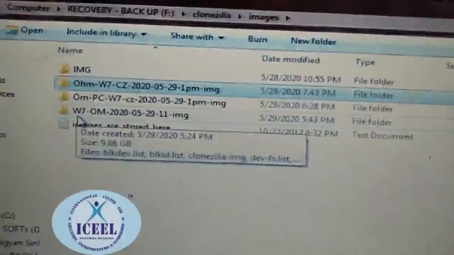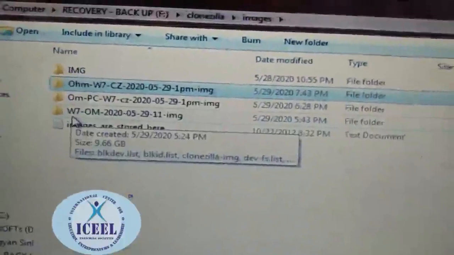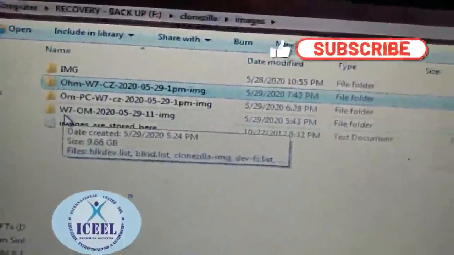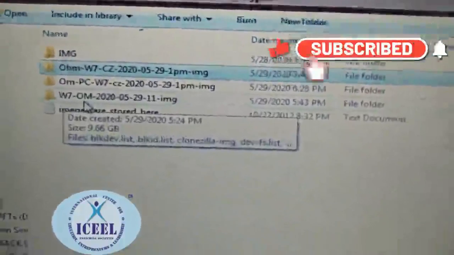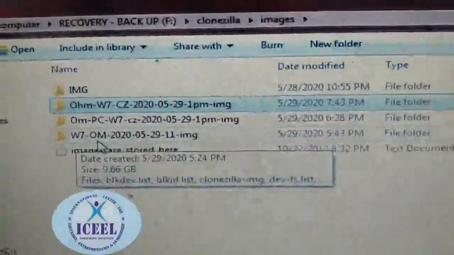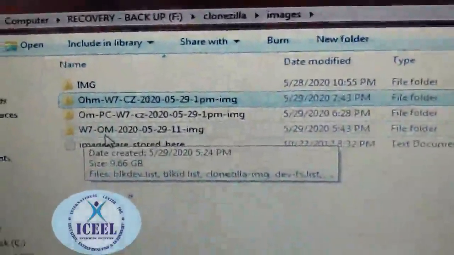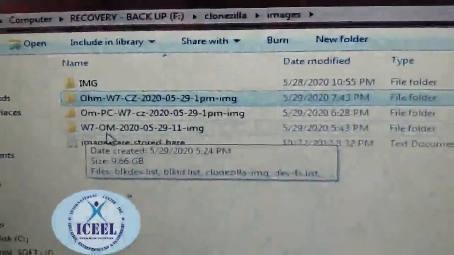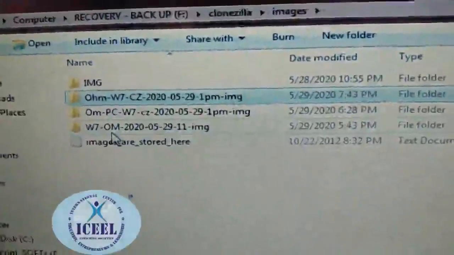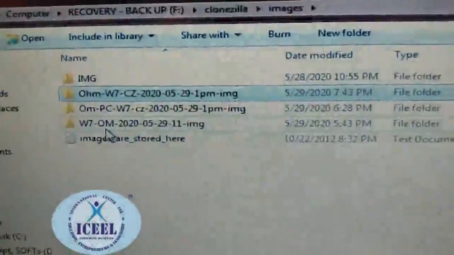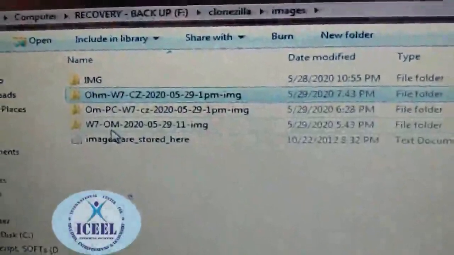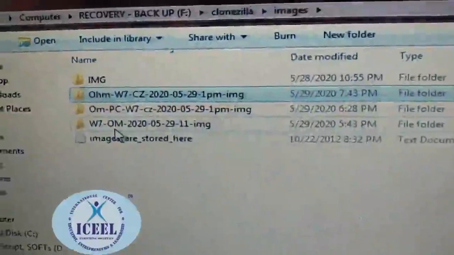By using this Clonezilla method, you can also take incremental backups time and again whenever you require. By using any of these incremental backups, you can restore that particular Clonezilla backup to your operating system when the operating system crashes. The first folder is the backup generated by using the 4-number menu method in the Clonezilla backup or restore menu.